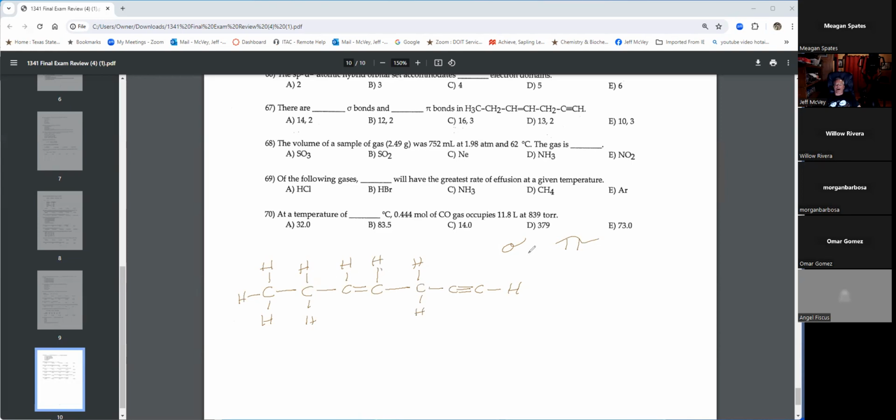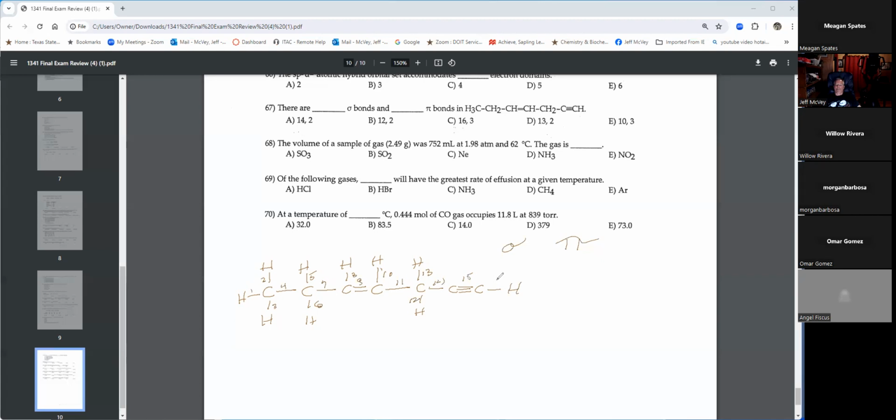Every single bond has a sigma bond. Every one. So that's 1, 2, 3, 4, 5, 6, 7, 8, 9, 10, 11, 12, 13,